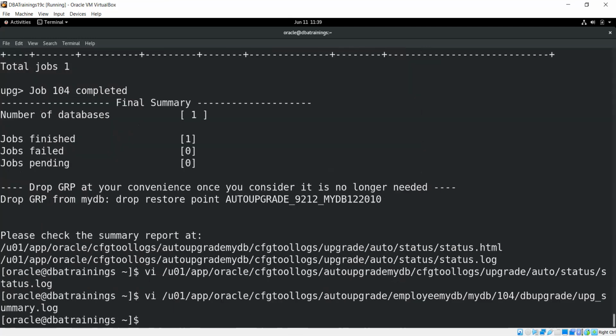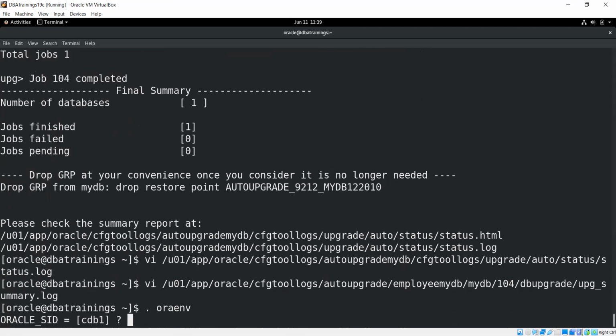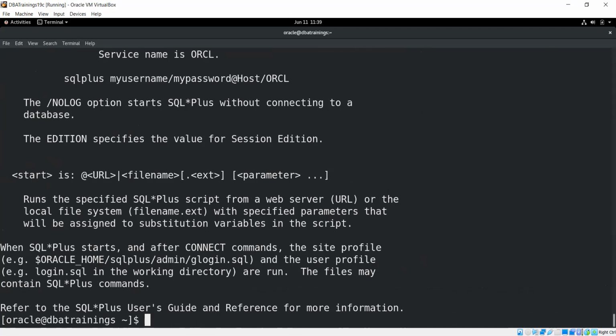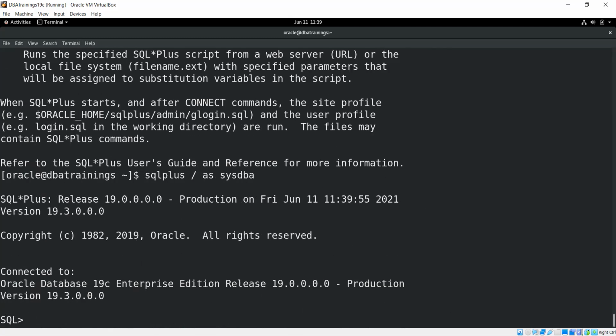Of course, before saying to the customer, okay, your upgrade is done, always check the environment. So what was my database name? MyDB. Let me check it. Sorry, SQL Plus. I'm using my laptop, it's fast compared to the VirtualBox.